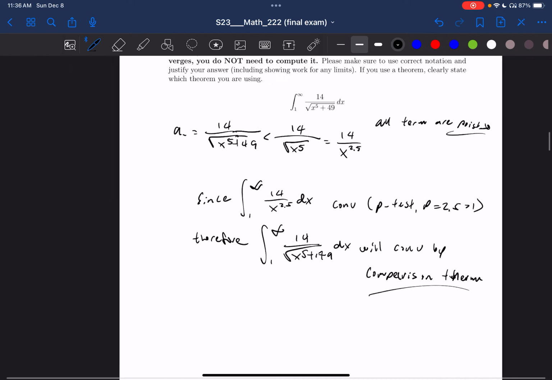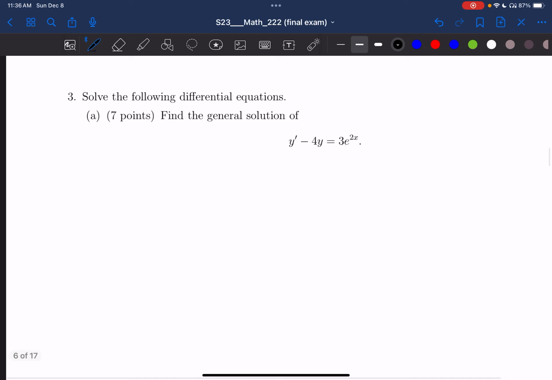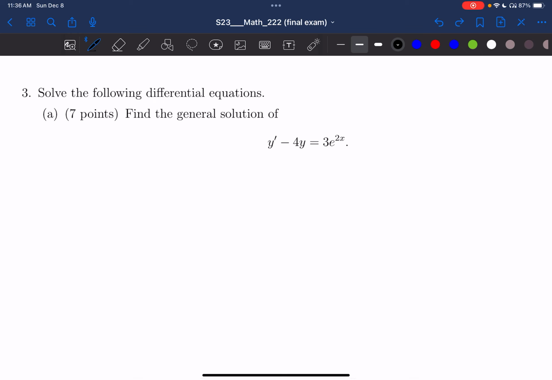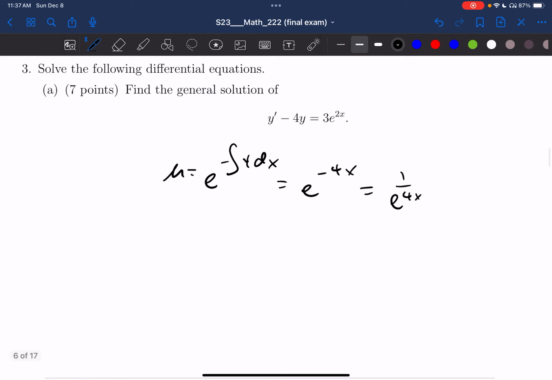Find the general solution of this. So here, this is a pretty basic linear differential equation, where the integrating factor is just negative 4. Okay, so this seems pretty easy, I think. So the integrating factor mu is going to be equal to e to the integral of negative 4 dx. This will be equal to e to the negative 4x, which will be equal to 1 over e to the 4x,